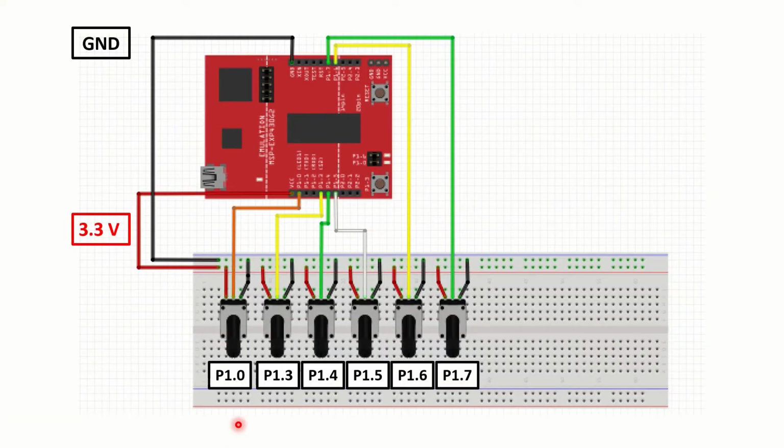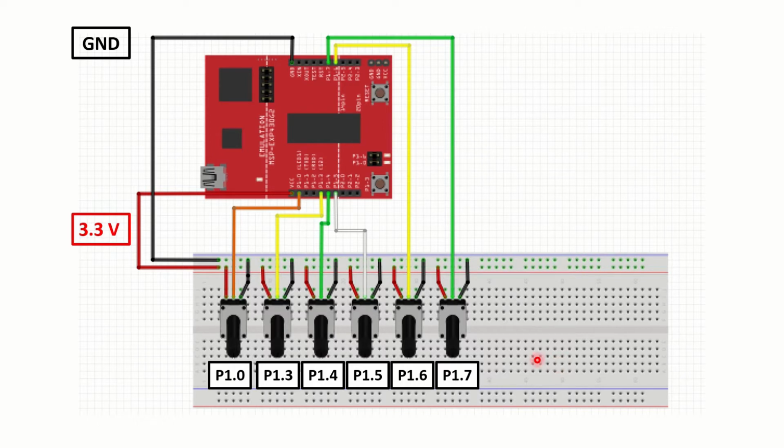In our setup, we are going to be connecting 6 potentiometers to our launchpad and doing the analog to digital conversion of their outputs. We connect the VCC of the potentiometers to the 3.3 volt output of the launchpad, and we connect the grounds of the potentiometers to the ground pin on the launchpad. We connect the output of the first potentiometer to the P1.0 pin on the launchpad, leaving pins P1.1 and P1.2 blank. We are going to continue to connect the outputs of the remaining 5 potentiometers to pins P1.3 to P1.7